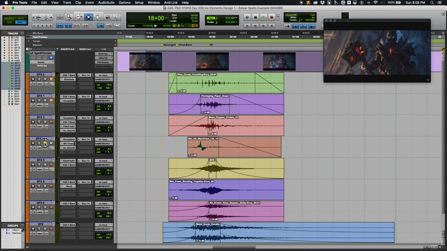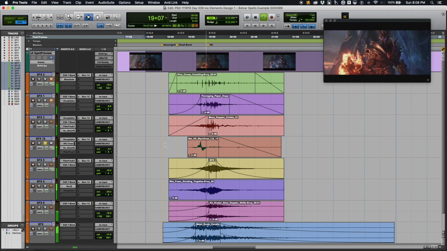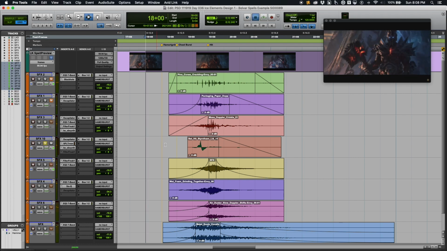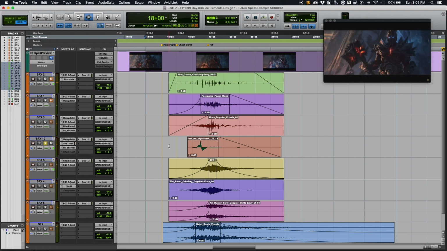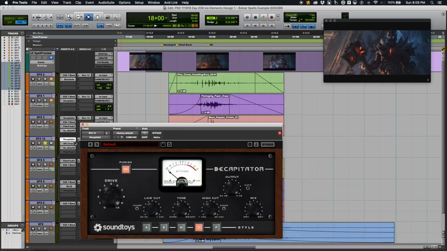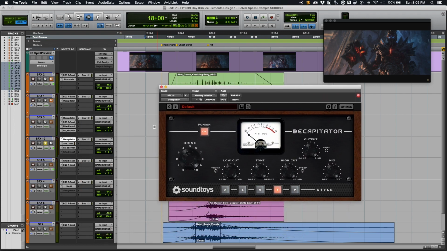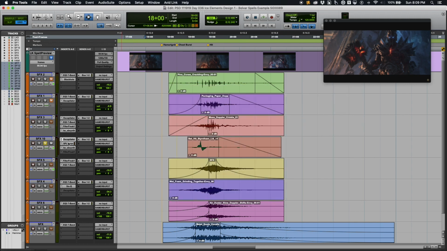This next layer, that is an impact that I created from taking the bat and hitting it against the styrofoam lid. So this thing, I crushed the hell out of it, really. I put the Decapitator on there. I even have the Punish on. I have played with the wet/dry mix a little bit, emphasized some of the darker tones, but that's a pretty big deal. If I play it without any of these on here,